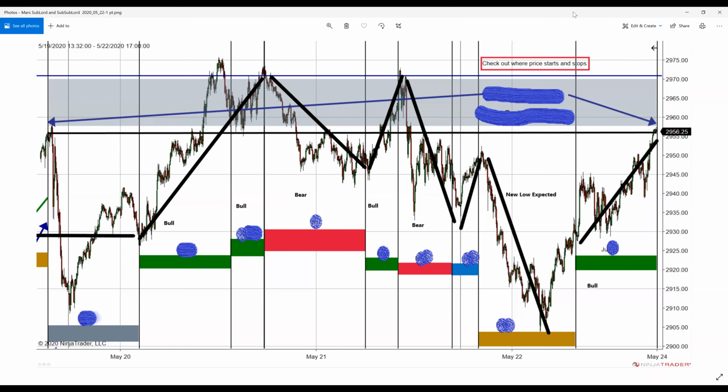Now here on this last chart that I'm going to show is our trend projections. And if you recall at the beginning of the video, I mentioned that we had a primary, a secondary, and a minor trend. I'm only showing the primary trend and the secondary trend on this chart. I'm not integrating the minor trend right here just to keep it a little bit more simple.